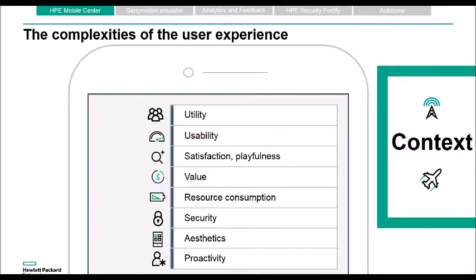Our users, mobile device users, mobile app users, expect their apps to work seamlessly regardless of the choice of technology, their location, the context, and we sometimes talk about right time experience. Our users expect mobile apps to be valuable, to be elegant, to be useful among plenty of aspects of user experience.